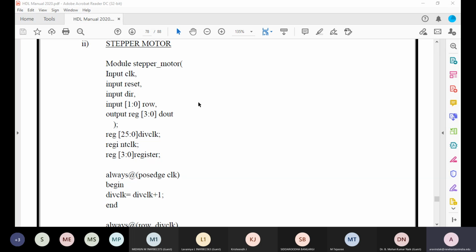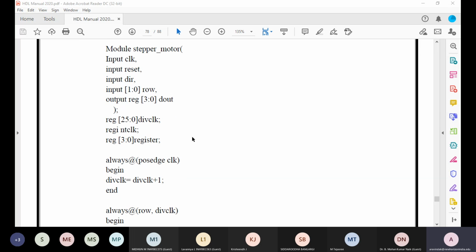We can put them into 2 positions of on and off. So both will give a signal to the FPGA board. That way we will have 00, 01, 10, 11. We will have 4 variables now of 2-bit size. Now using that, we can control the stepper motor. It will be clearer to you now when I discuss the code.